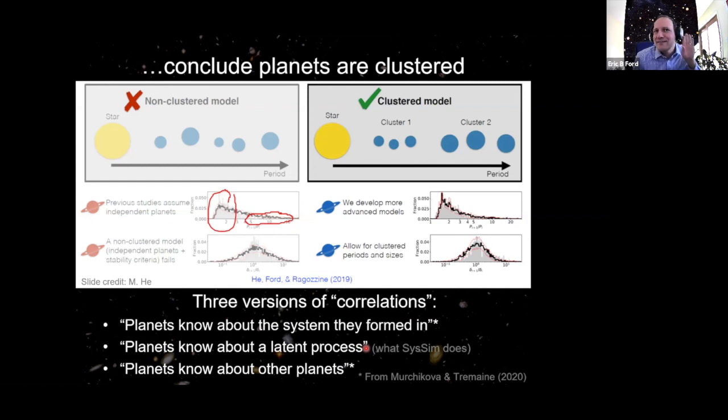Did I hear a question? Yeah, so in your figure on the right, in your top right panel, should I conclude that your model actually favors something where it's smaller planets closer in and larger planets further out, or is that just one particular example? Yeah, that's one example here. The current model doesn't discriminate across clusters, in the sense that every cluster gets a characteristic orbital period and characteristic planet size that are drawn independently. So the latent process describing the properties of the clusters is a Poisson process. They're independent, but within each cluster, the planets know about each other.